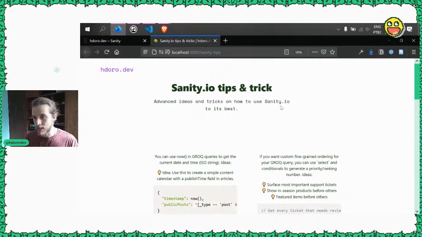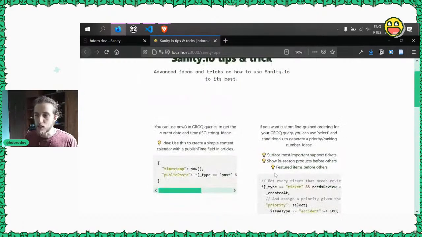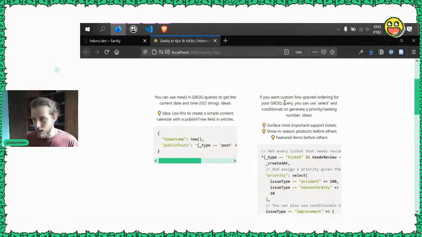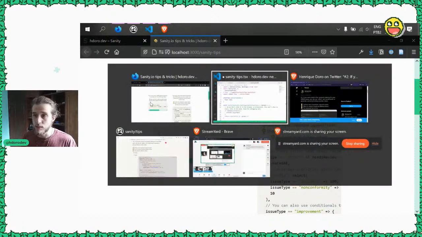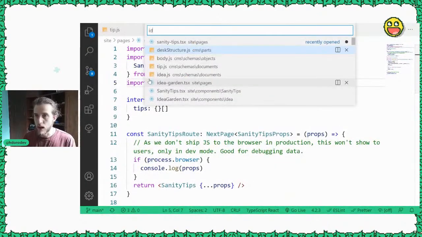I would now start styling, making sure these cards aren't aligned to the center. Probably I'm gonna make them like 2 columns, so the code examples come to the right and the text to the left. Maybe number them. So this is tip number 1. Maybe I can do like I'm doing for ideas,